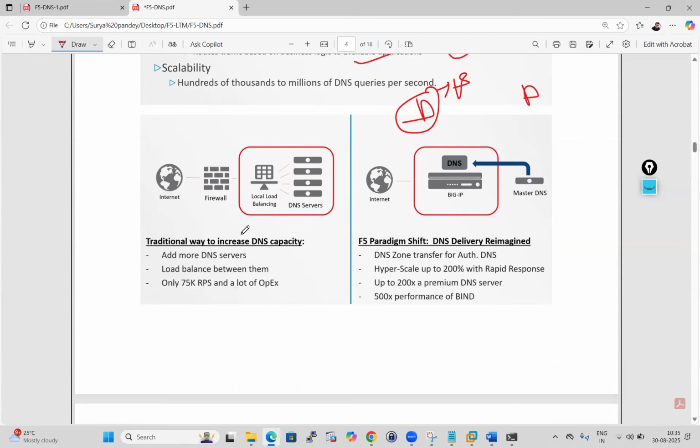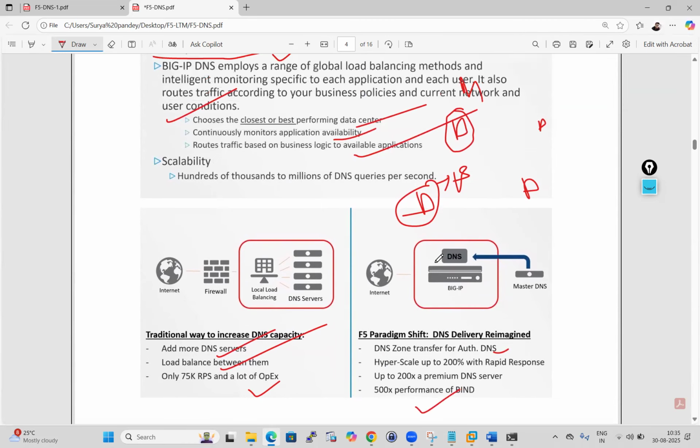So the traditional way to increase DNS capacity is to add more DNS servers and load balance between them, only 75K RPS. In the case of F5, it supports DNS zone transfer for authoritative DNS, hyperscale up to 200% with rapid response, and up to 200 premium DNS servers, 500 performance of BIND. So there are so many good features available in F5 DNS. We can use it as a